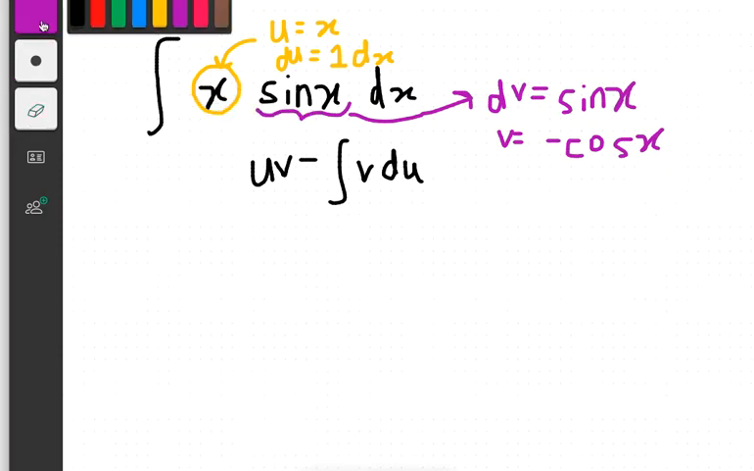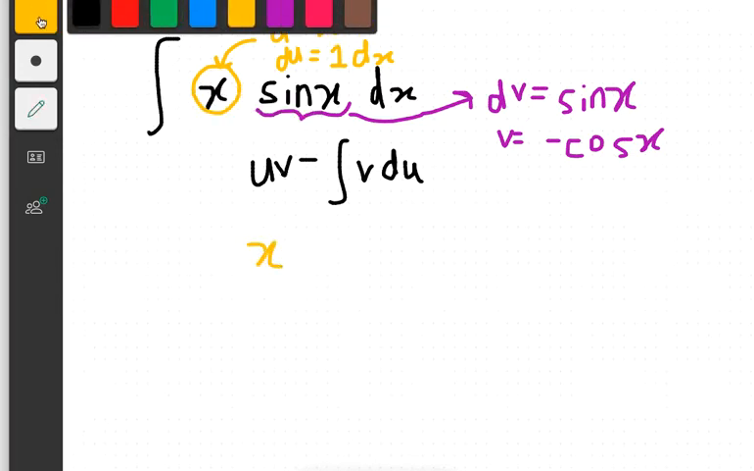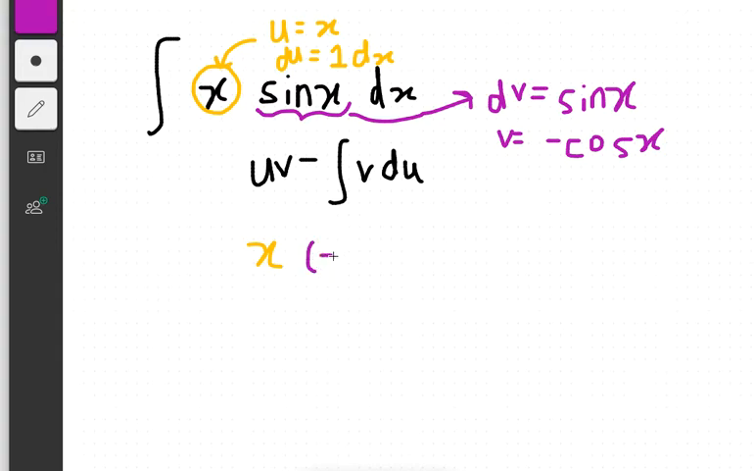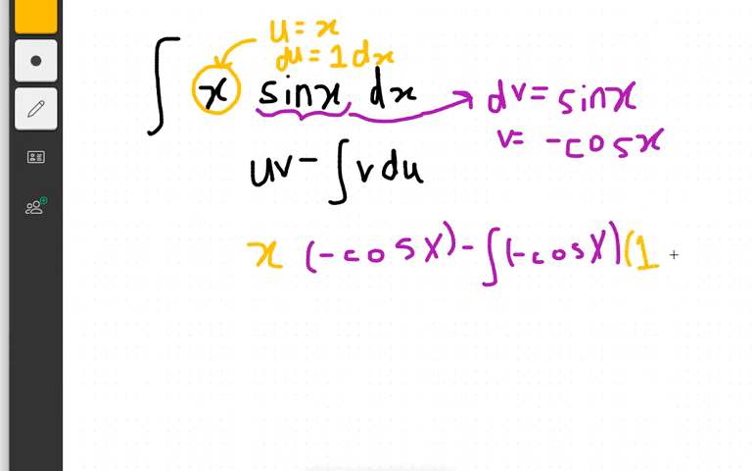And now we just plug into our formula. So the u here is x, so we're going to have x times v, which is negative cos x, minus the integral of v, negative cos x, times du, which is 1 dx. Equals